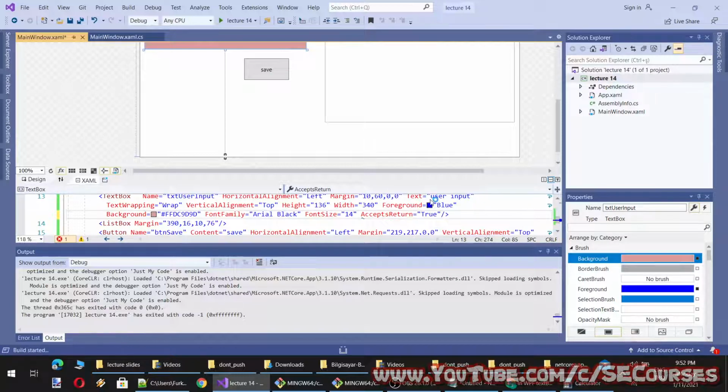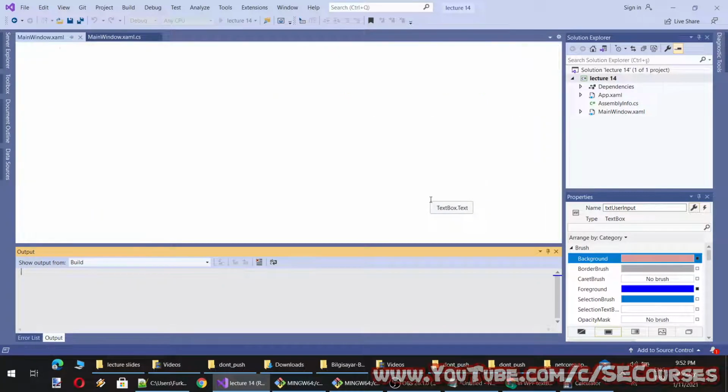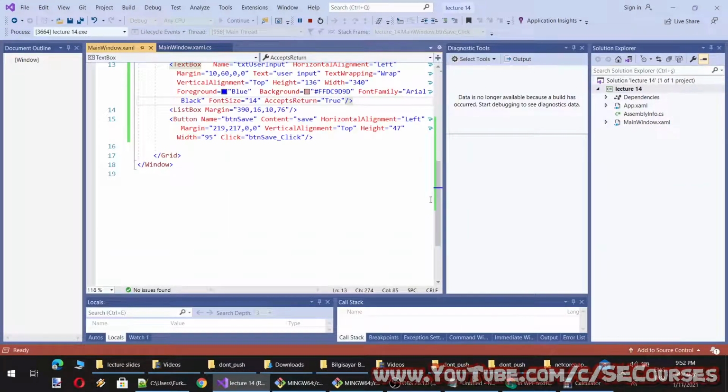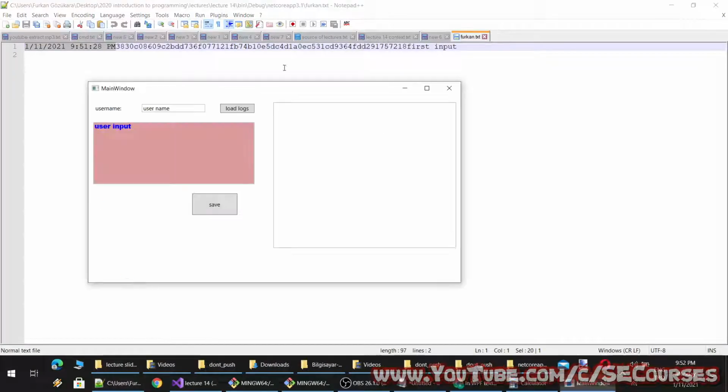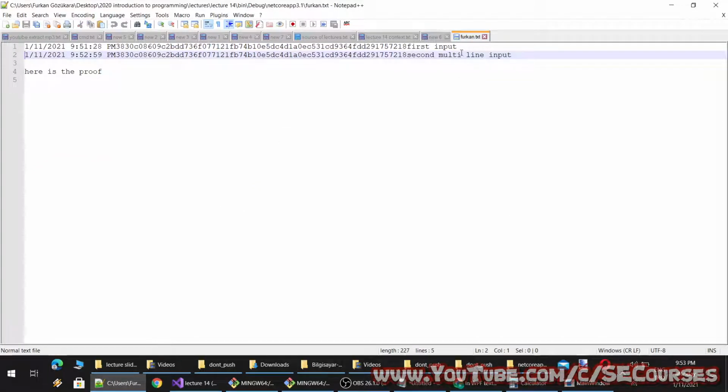True. Okay, our file is remaining, so let's add. You see now I am able to use enter, click save, and this file is modified. Okay, you see it is appended to the end of the file here. And now the line input is here.